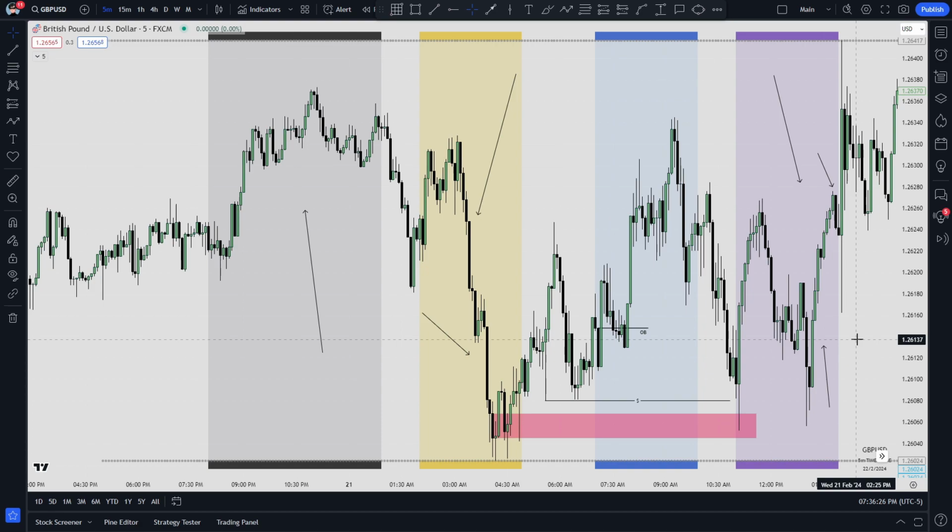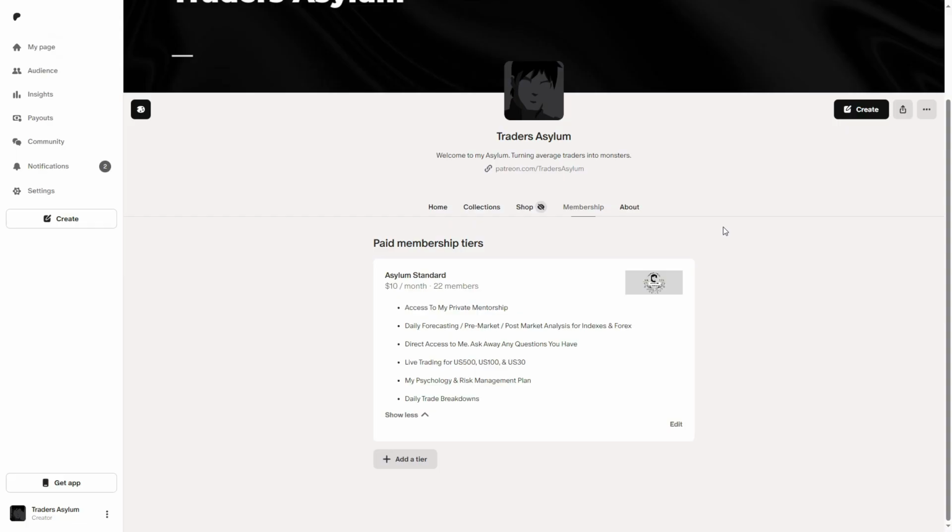So it's important that we are trading at the right times, we're clocking in at the right times, we're catching moves at the right times, and we're being patient and waiting for those opportunities to present themselves at the optimal time periods for us to get the best quality trades. So that's going to be it for the video.